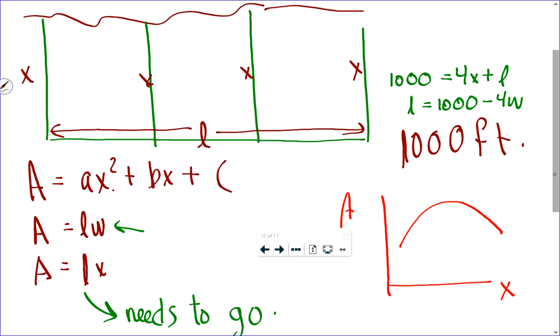L needs to go because you can't think of a parabola unless it's area which you want to maximize as a function of one variable. You can't have area as a function of two variables. It doesn't work that way. Graphs have two variables in total. Area is one of them. So what we are going to do